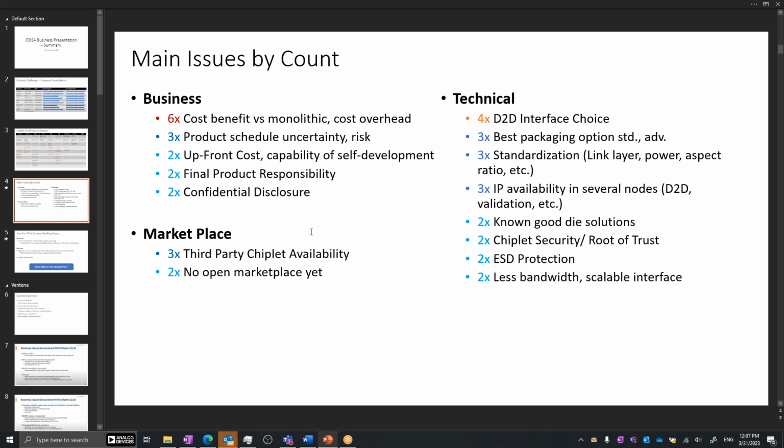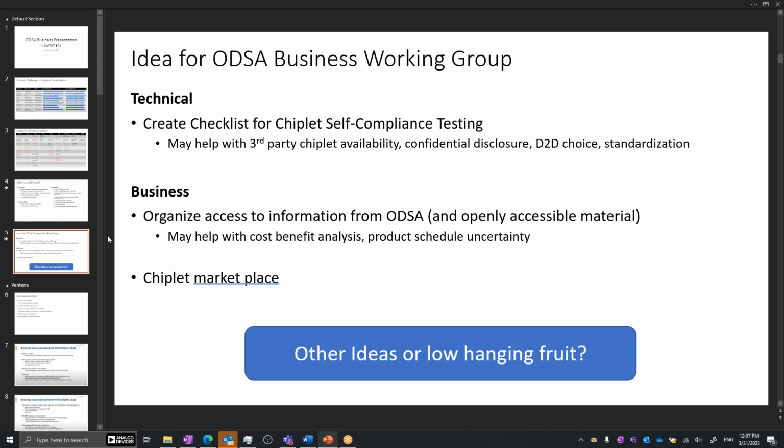Bobby had suggested as one item to do now is to go through that list and think about all the existing work that has already been done in the ODSA, so that we know where there is a starting point, or things where we can put out the reference and say, you can look there, and maybe that clarifies some questions or helps with the challenges. And then the other one is, what can we do now about this? I try to think about two of the topics that we discussed before in terms of items that we can work on in the business group.